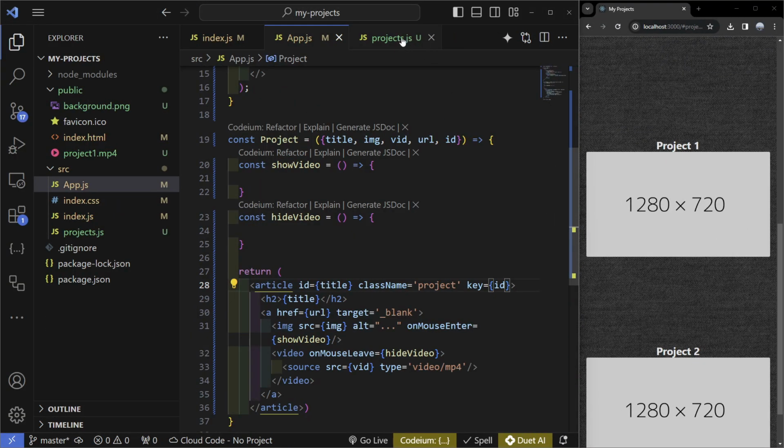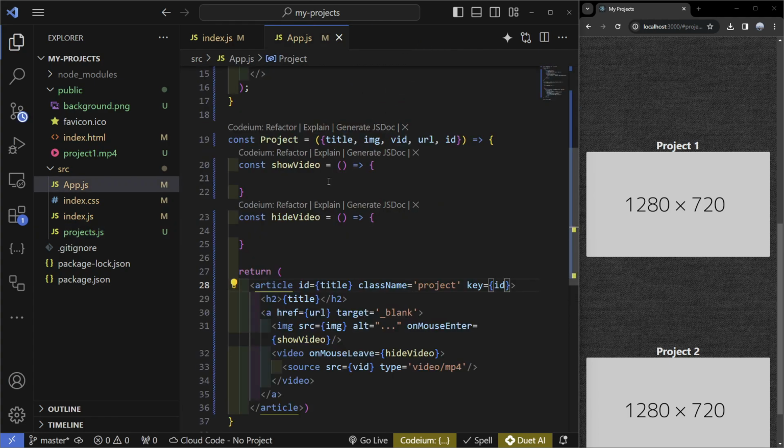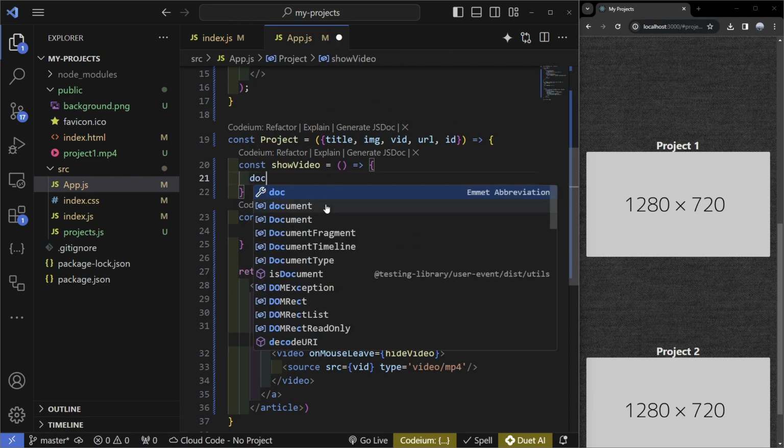Now let's close that, go to our projects, and in here to add the video, what you're going to want to do is write the name of it, just like this, .mp4, and this is going to be project 1. And so in here we're going to select the article like I said before. So let's write